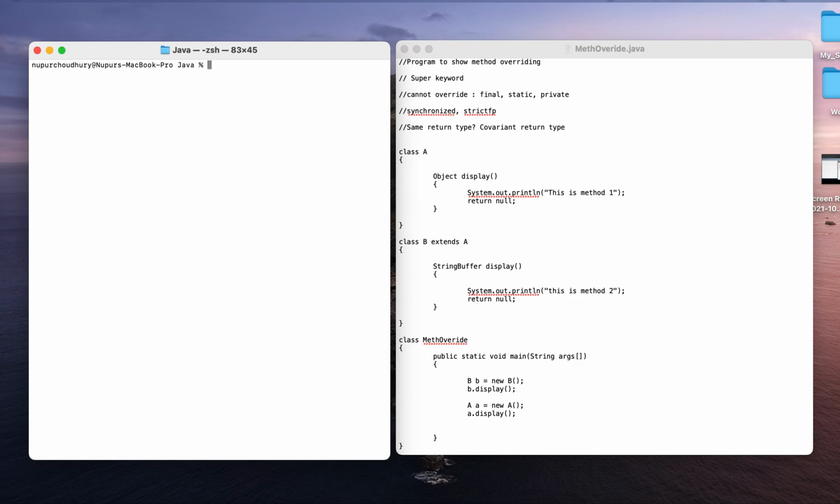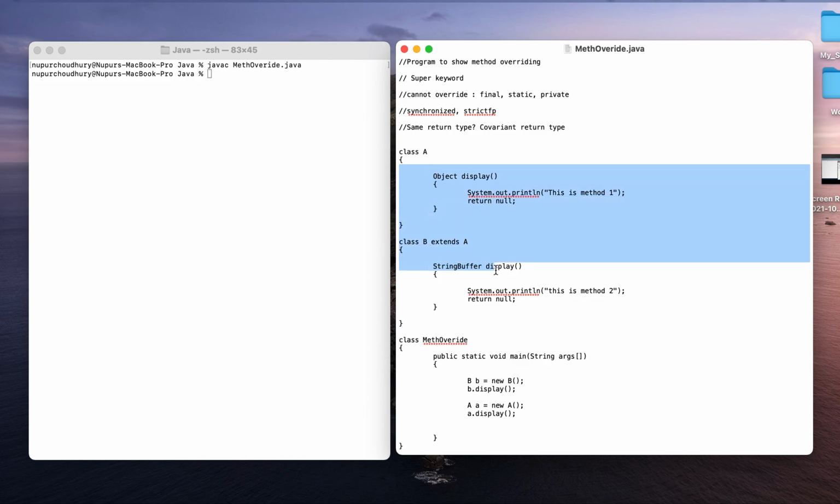Now we can see that Object is basically a parent of StringBuffer, and that is why this is not throwing me any compile time error. Likewise, there are a lot of other relations between different data types, and we have to identify which is a covariant data type, and accordingly it will allow me to print these particular statements.